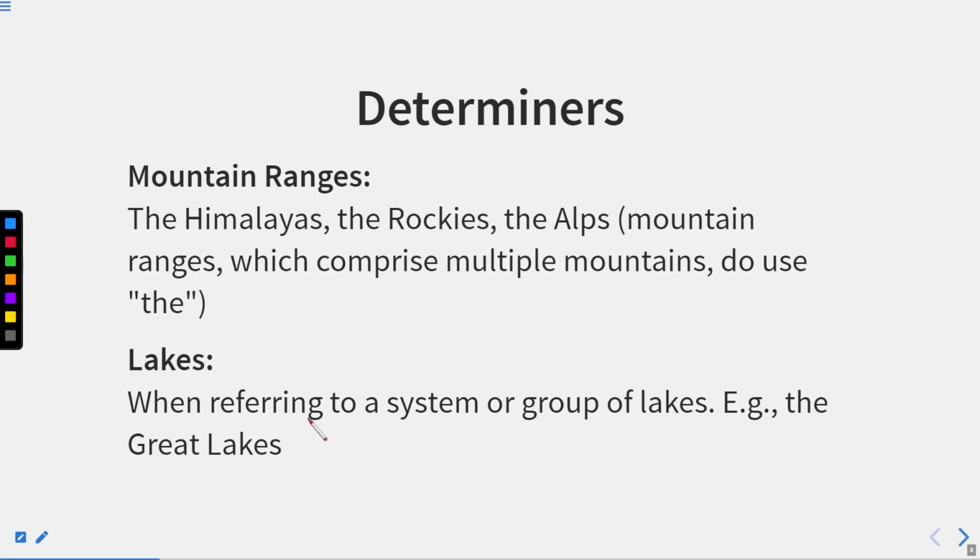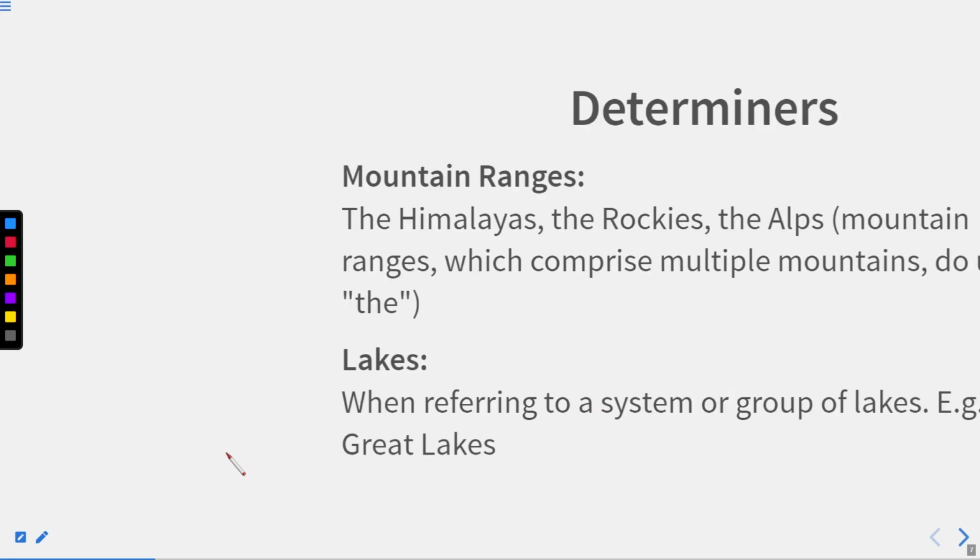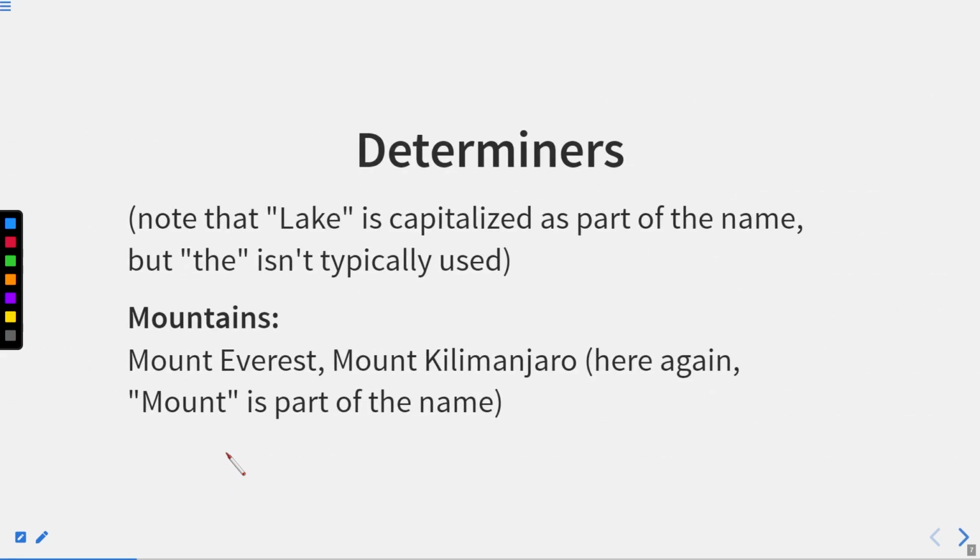You can see over here, when referring to a system or group of lakes, for example, the Great Lakes, we can use the before that. Now, it comes to our mind where else we can use the. Suppose there is a word, the name of a sea or the name of a river, we can use the before it. So, for example, the Arabian Sea, the Red Sea, the Mediterranean Sea, the river, the Ganga, the Jamuna, the Brahmaputra,